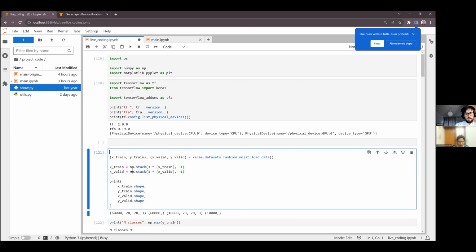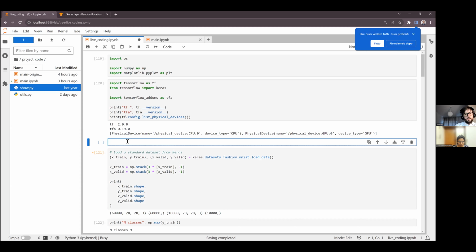Here, load a standard dataset from Keras, and here, load your datasets from local folders.